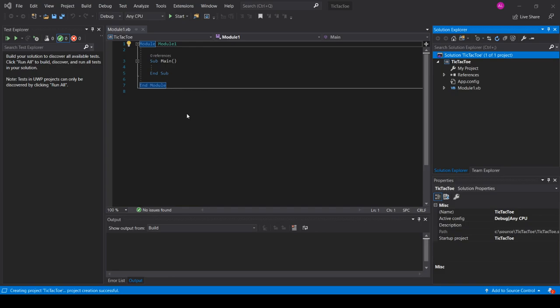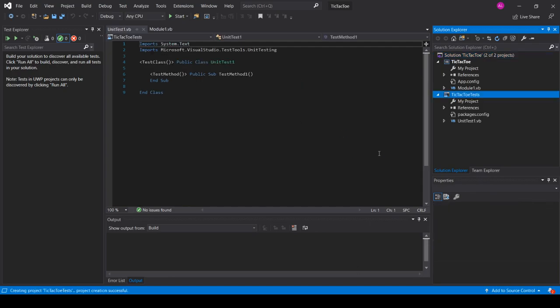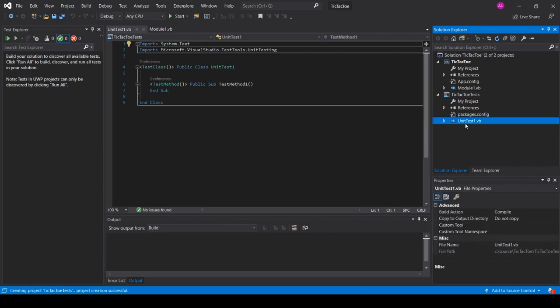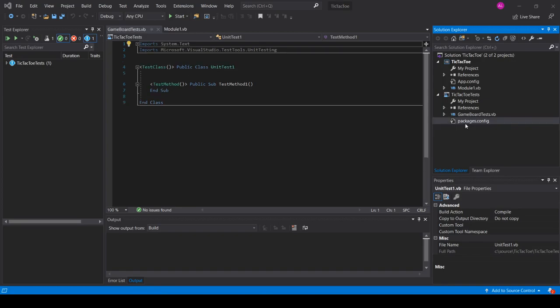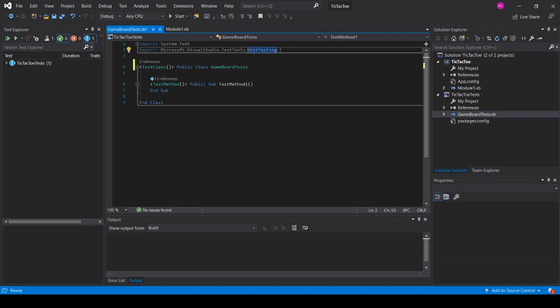We're going to call it tic-tac-toe tests. So we're going to take this and call this game board tests. And we want to use Xunit, not Microsoft Visual Tests. So we're going to remove this here and we're going to add